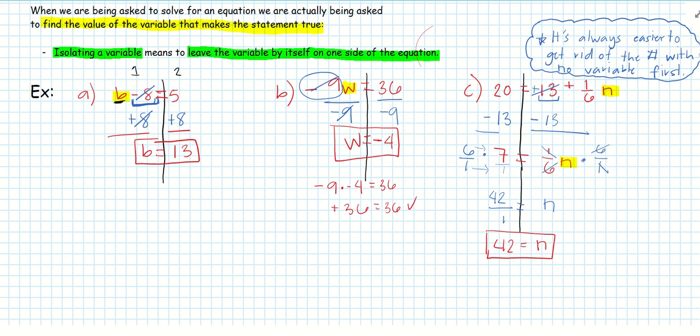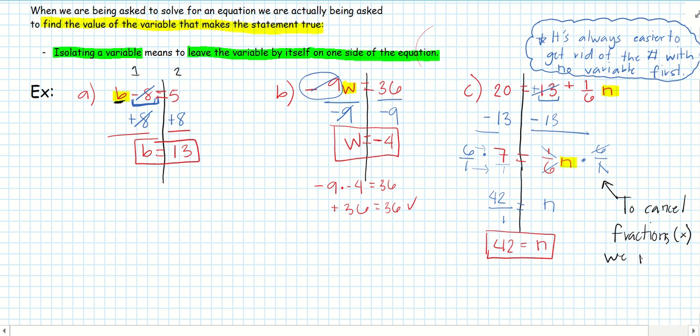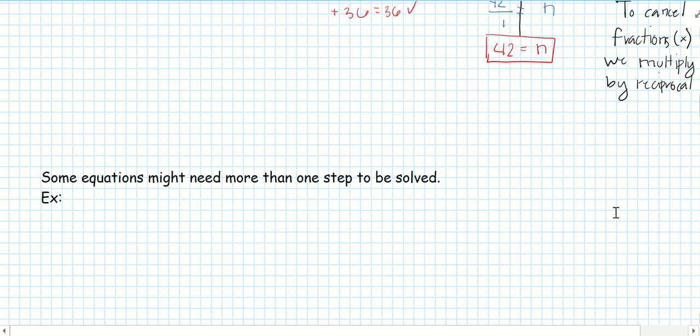Okay, so let's go ahead and make a note on that. So to cancel fractions, and again, fractions that are only multiplying, okay? We multiply by the reciprocal. Sometimes you're going to see fractions that are adding or subtracting. Those ones we cannot do the reciprocal. This is only for fractions that are multiplying the variable, okay? Cool. So let's go ahead and see a couple more examples